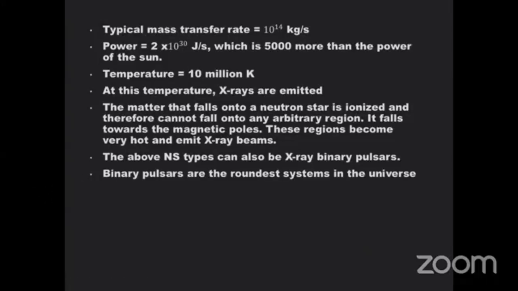So for a neutron star, the mass transfer rate is about 10 raised to power 14 kilograms per second. Okay, so as this matter is falling at 70% the speed of light, it is going to generate a power of